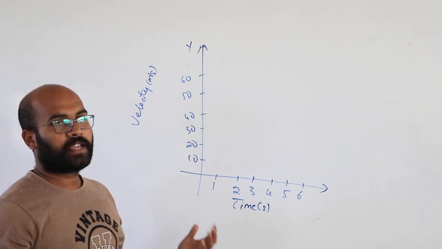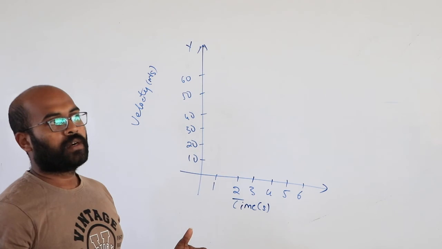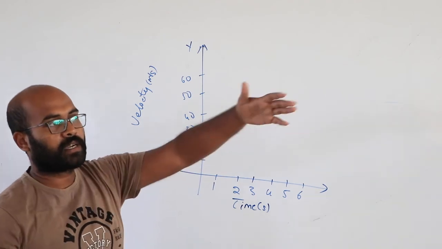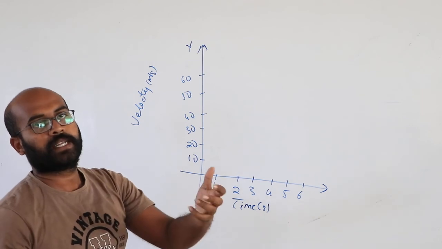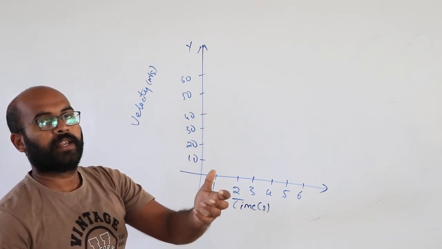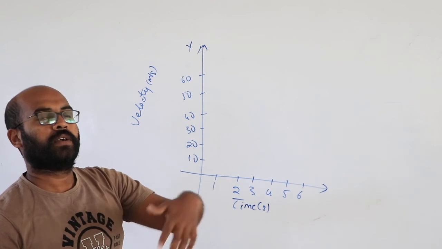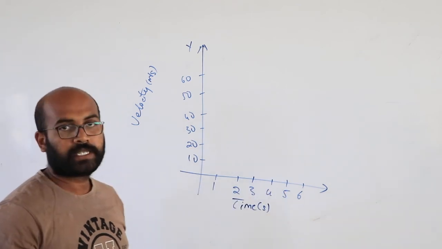It means that from the time we start counting, suppose a bike is coming and it passes in front of me, from that moment I start calculating the time. And I need to know how much distance it has traveled after 6 seconds.